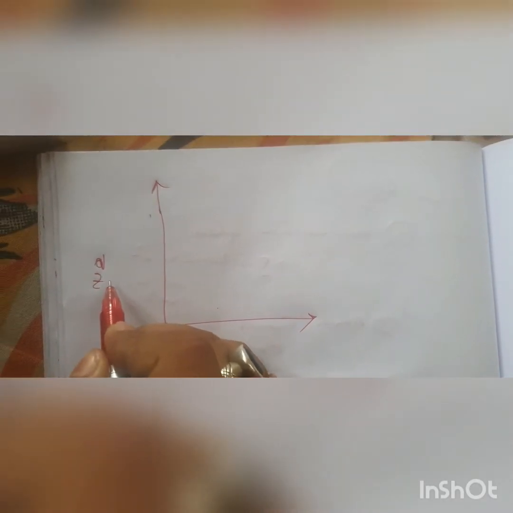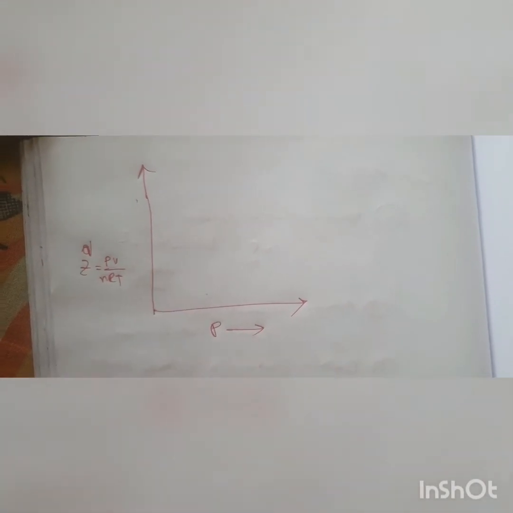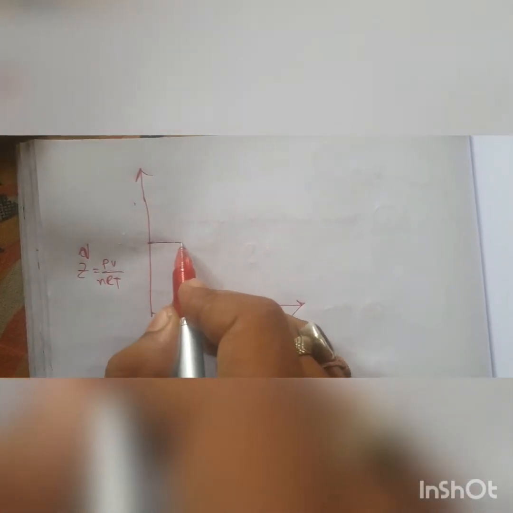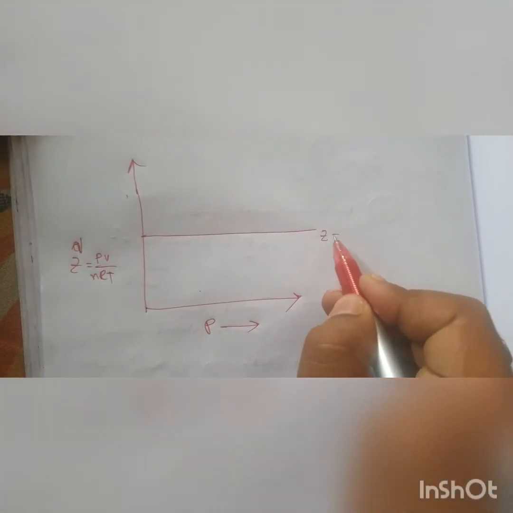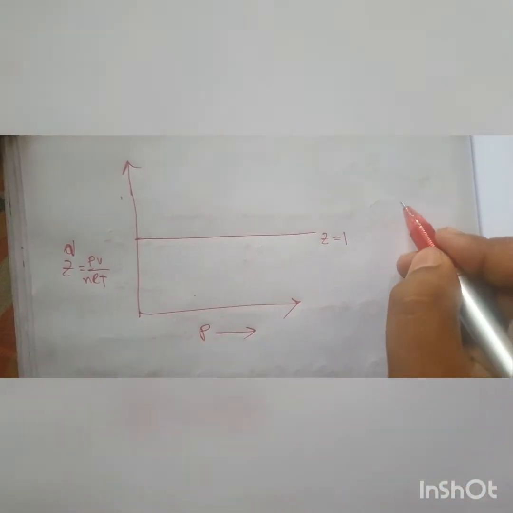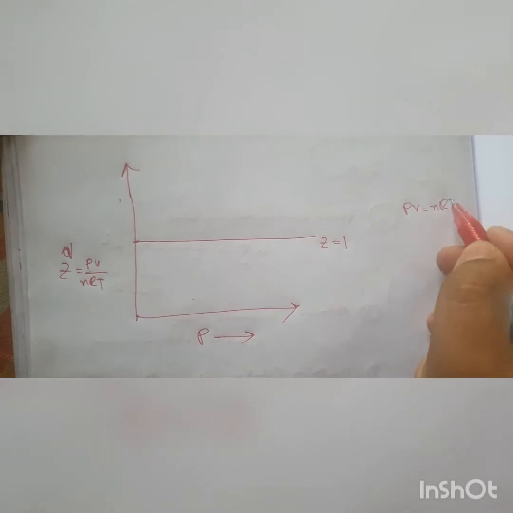Okay, we will begin today's class with a little bit of recapitulation of the previous class. That is, the last thing that you have learned in the previous class is a graph, and in this graph there was plotted compressibility factor Z, which is equal to PV by nRT, if you remember, and here pressure was plotted. At different pressures we see that Z becomes equal to 1 if it is an ideal gas.